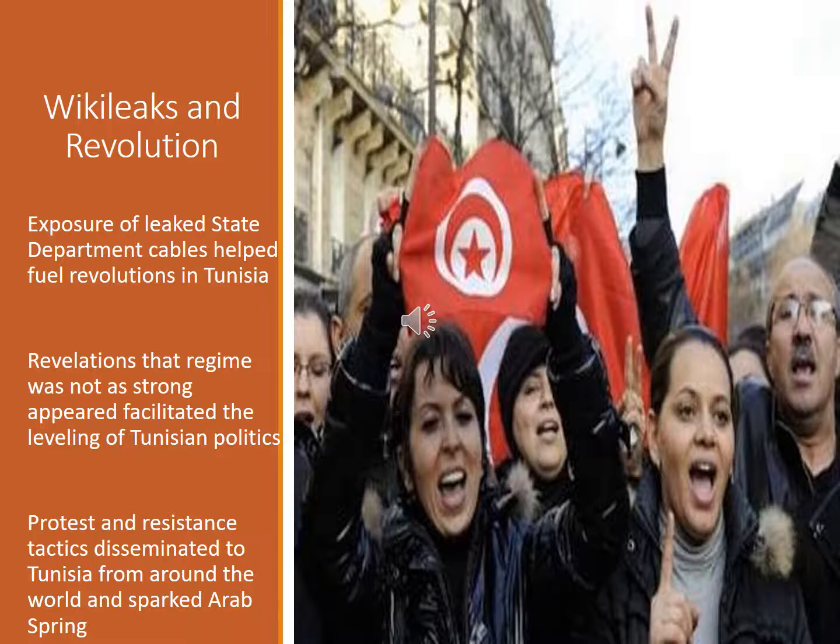People read this for the first time. And even though they know it on some level, they see it officially written out in an American diplomatic cable. The government of Tunisia is corrupt. It's right there in an official cable. We have confirmation of what we all know. And then this empowers people. It brings them out of their homes, out of their neighborhoods, into the streets, into the squares, demanding change, demanding new governments. And if those governments don't succumb to the will of the people, then the people will bring them down and replace them with new leaders. Again, very empowering, very revolutionary, very inspiring if you have a romantic feel for this.